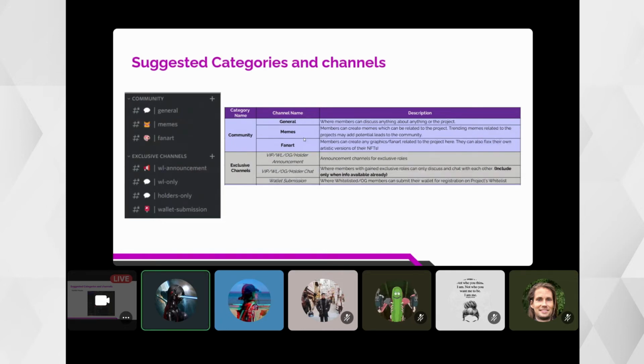And sometimes even the people in charge create some memes out of it. And then also fan art. So we can also hold some events in relation to meme contests, fan art contests in these channels. So these are the suggested general content and exclusive content channels that we have for servers.